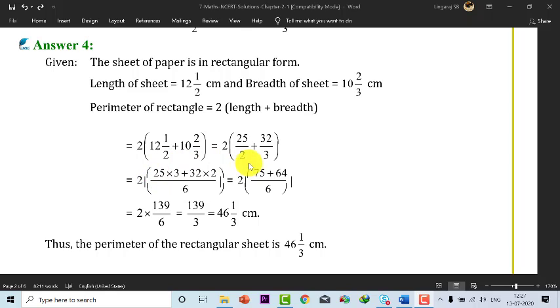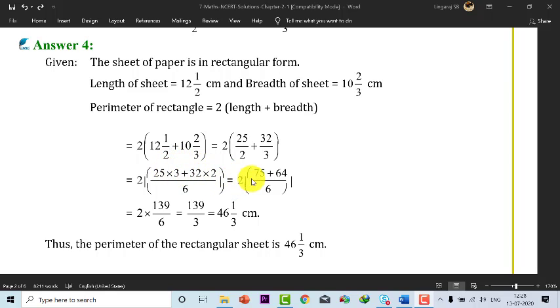So then here 2 and 3 are unlike denominators, so we should find the LCM for this. In these unlike fractions, 2 and 3 are the denominators. These two are co-prime numbers, so the product of these two is 6. So 2 into 3 is equal to 6 and 3 into 2 is equal to 6. So we multiply numerators, like 25 into 3 plus 32 into 2. The 2 remains same, so next step, we write 2 as it is.